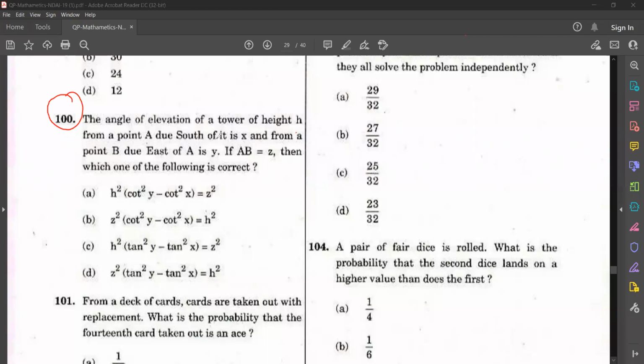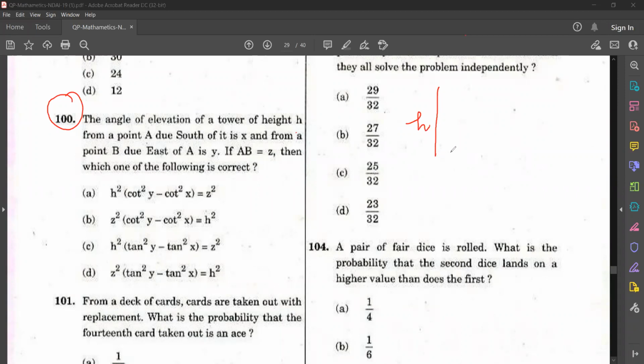Okay. So have you drawn the figure? It's better that you draw the figure using two, because they are saying due south and due east. It is better that we draw that in separate figures. So I'll show them in separate figures. Suppose I am taking the height. They have already told height of the tower. I'm drawing the figure here. Height of the tower, they are saying it is h.